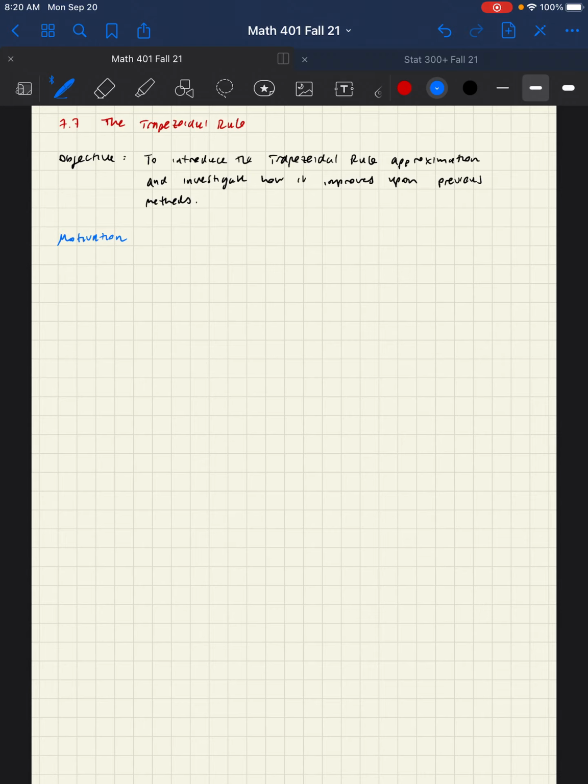In this video, 7.7, the trapezoidal rule, we're going to introduce the trapezoidal rule approximation and investigate how it improves upon our previous methods. Up to this point, we've seen three distinct methods, really. We started with the left and right endpoint approximations and came up with a more accurate approach